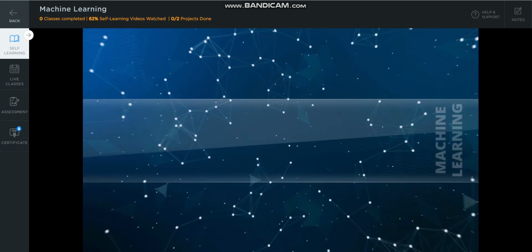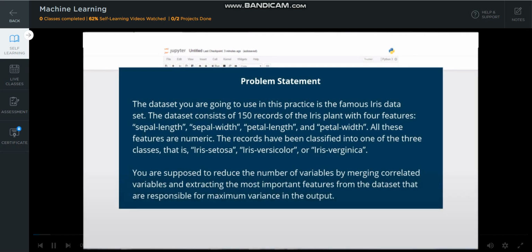Demo feature reduction. Problem statement. The dataset